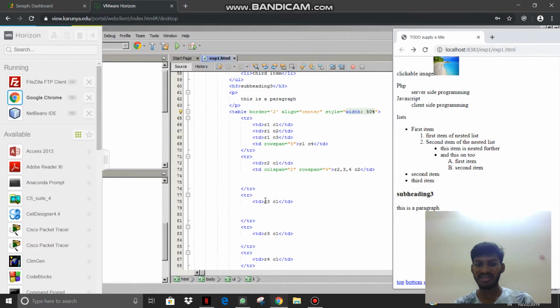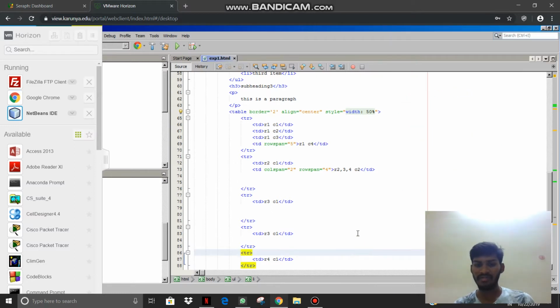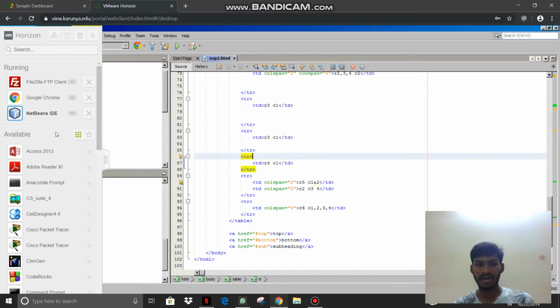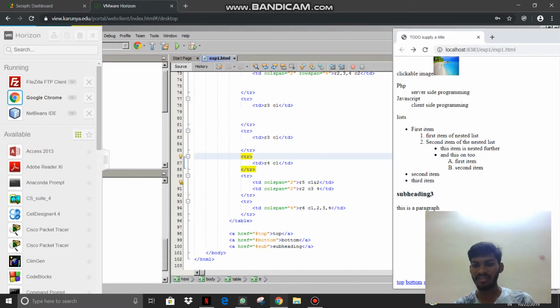And for r3 c1 and r4 c1, you have to create the different ones. And for r5, c1 and c2 should be combined. So for r5, the first column and second column are combined, so only a colspan of 2 will be there. In that, column 1 and column 2 have been written. And also here 3 and 4 are combined, so only 2 columns are combined, so r5 c3 and c4 have been written here. In the sixth